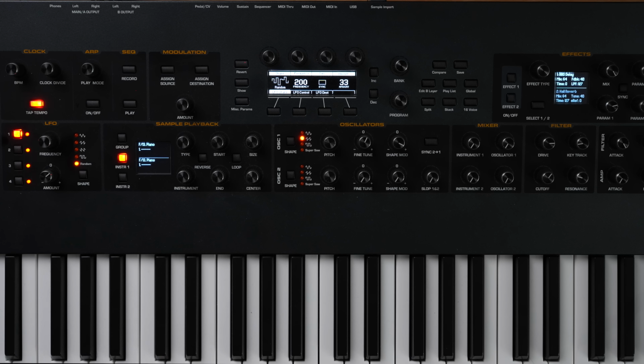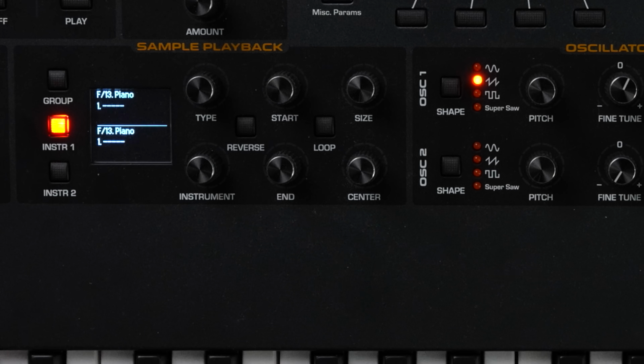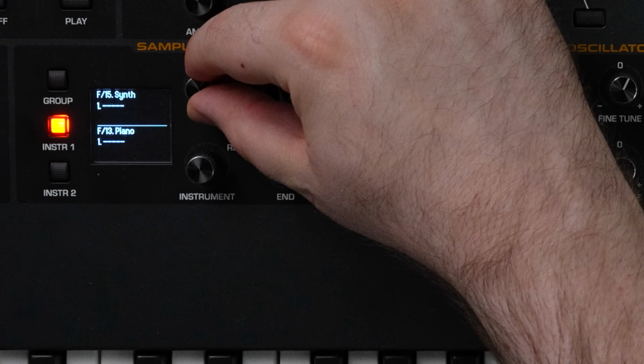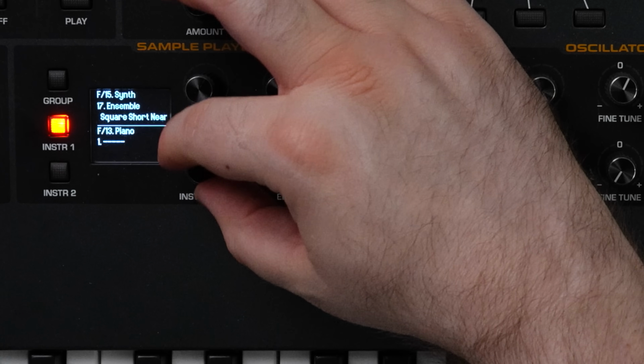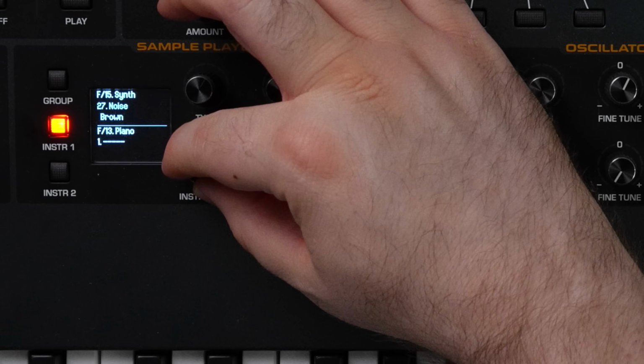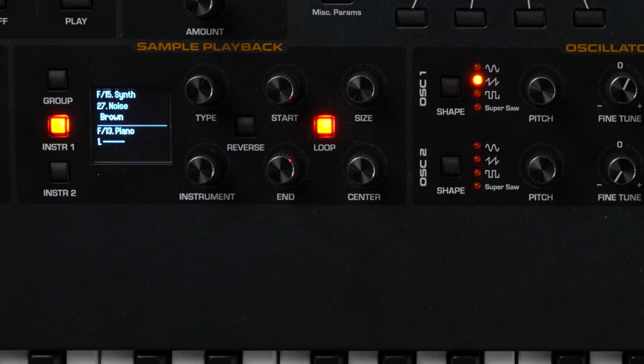But let's try it. So on this synthesizer, there are 4 oscillators. 2 of them are digital analog style oscillators, and 2 of them are sample slots. So let's go into one of the sample slots, and we're going to load up a noise sample. Okay. And if I were to play this now,